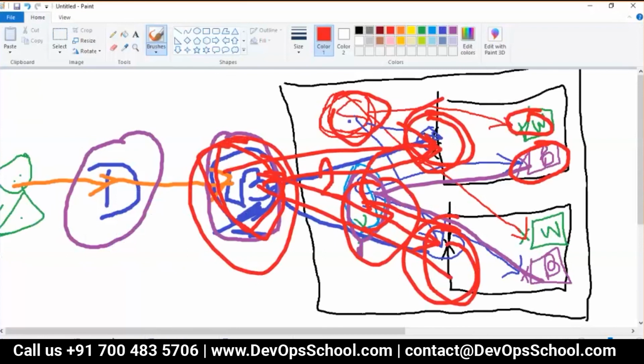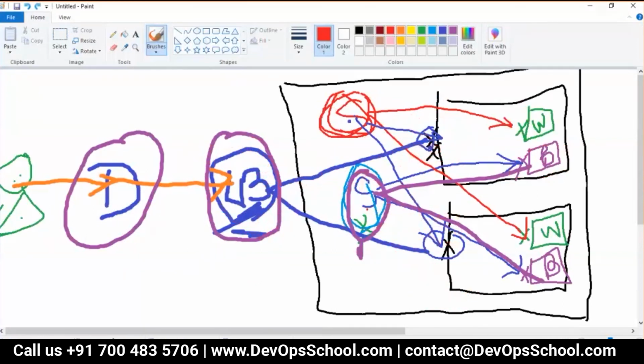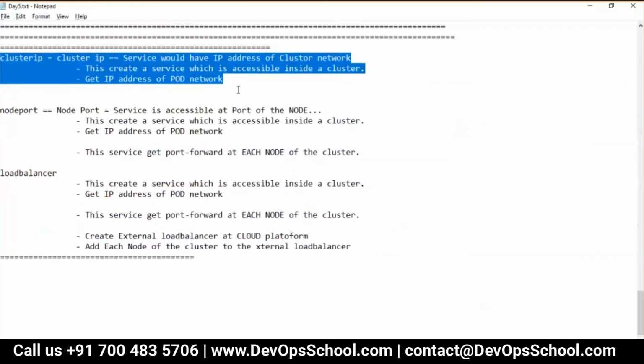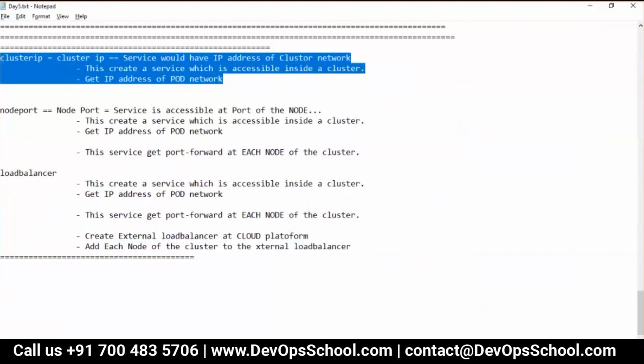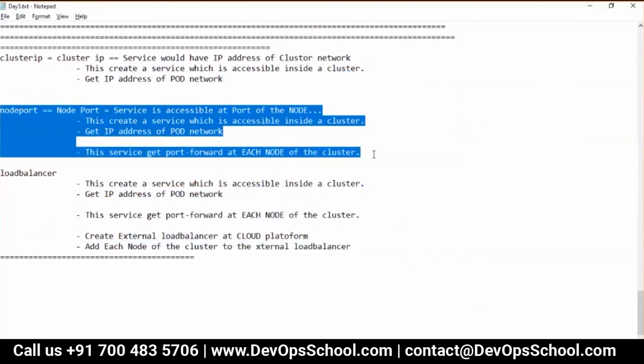After that, Kubernetes will do this one also, and this one also. And finally, it will do this one. The last thing is interesting: add each node of the cluster to the external load balancer. That means this node and this node will attach to the external load balancer.